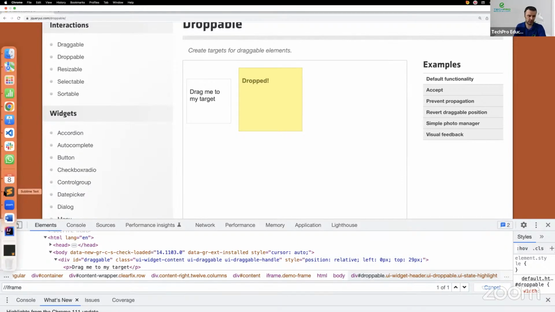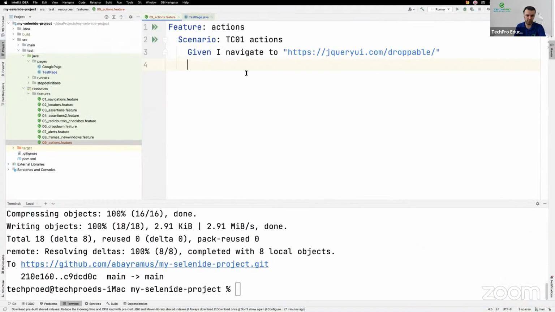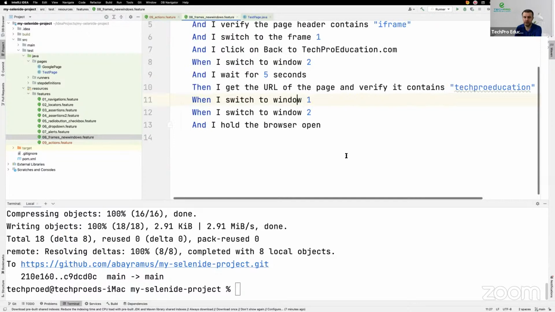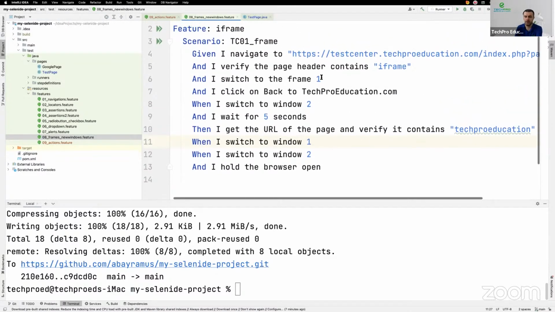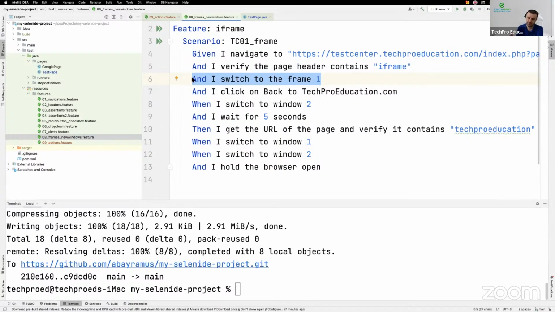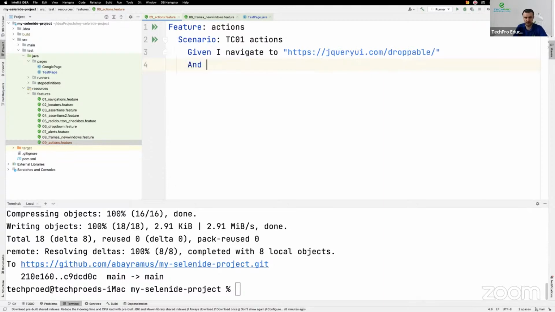The good news is we already know how to switch to iframe from yesterday. And another good news is we don't need to create any Java code. Remember, the beauty of Cucumber is once you create some reusable code, you can reuse it again and again. It is like the power of Cucumber steps. I'm going to use this method to switch to the 0 iframe. So let's do that. And I switch to frame